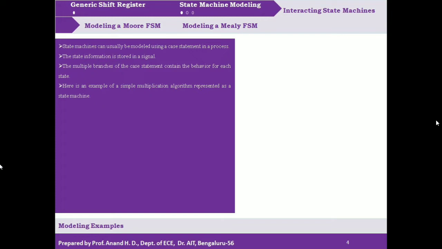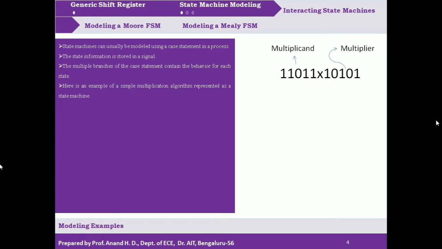Done. So we can consider an example here. So it is of multiplication process. So let us model multiplication process as a state machine. Okay. So for that, let us consider multiplication of 11011 with 10101. So let 11011 be multiplicand and 10101 be multiplier. So multiplier is going to be multiplied with multiplicand. Correct? So now what is the process that we carry out? So each bit of multiplier will be multiplied with the multiplicand, whole of multiplicand, right?